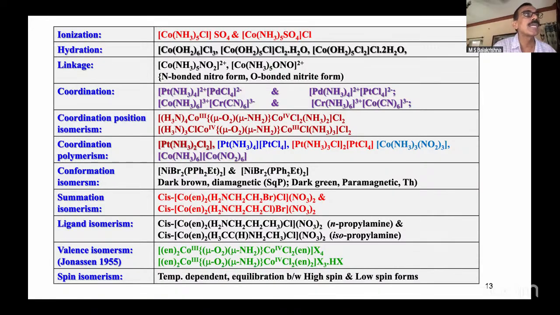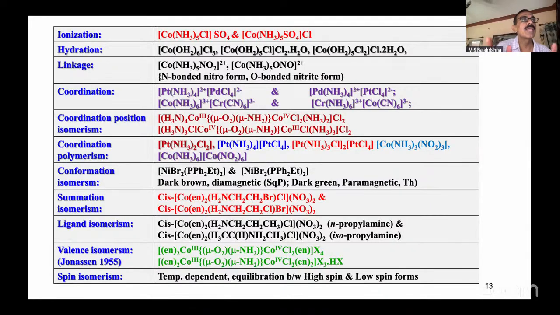Okay, that's about hydration isomerism. In case of linkage isomerism, I'm sure you are all familiar, where we have a ligand which has two donor atoms like nitrite. You can come across N coordination or O coordination. That's called linkage isomerism. And again, coordination isomerism, what we come across is two metal ions having two different types